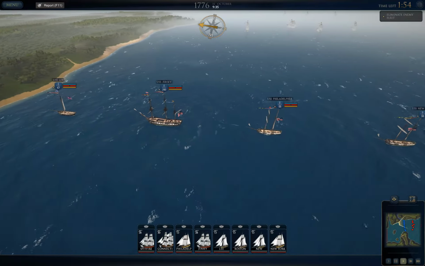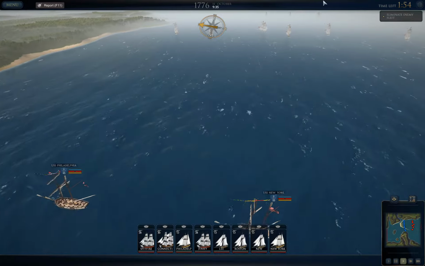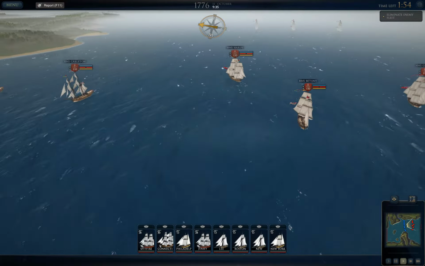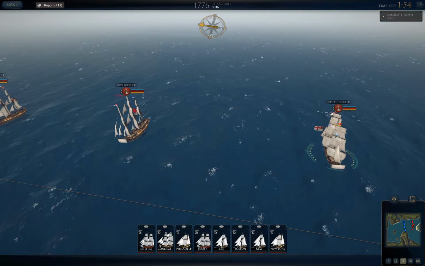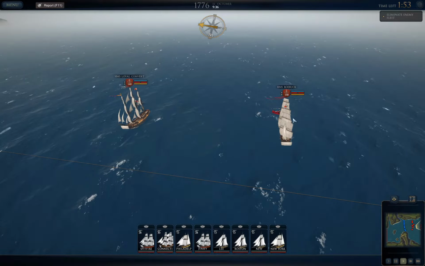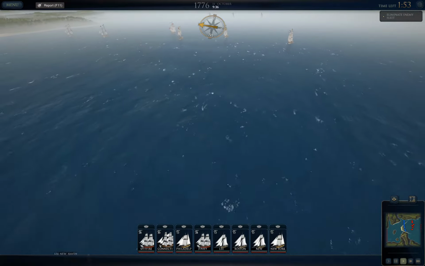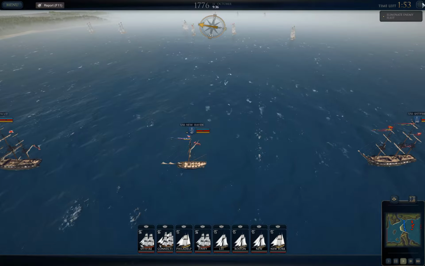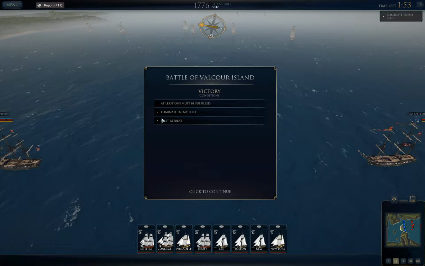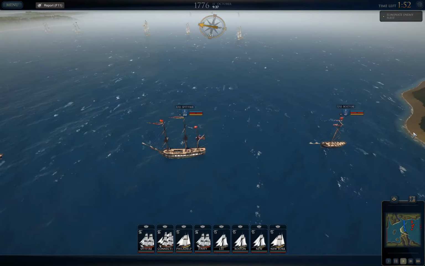I remember the first wave used to be all the small ships. Second wave would be brigs, and then the next wave would be brigs too. Now these are a higher class because they're 140, 140, 140. So yeah. At least one. Let me... fleet retreat. Alright, well,